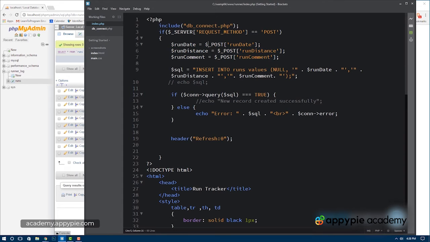So we get the run date from $_POST run date. We get the run distance from $_POST run distance. And we get the comment from $_POST run comment. So essentially the values from the form are passed into these super global array variables, $_POST, and I'm assigning them to local variables, run date, run distance, and run comment. And the reason I'm doing that is we need to make